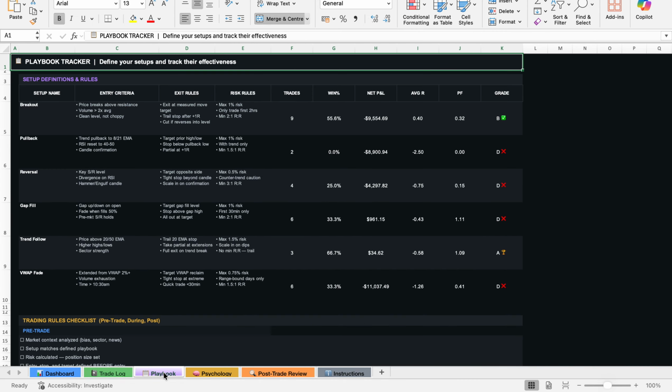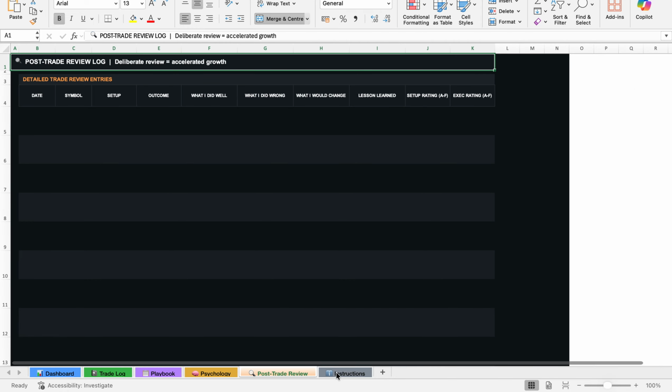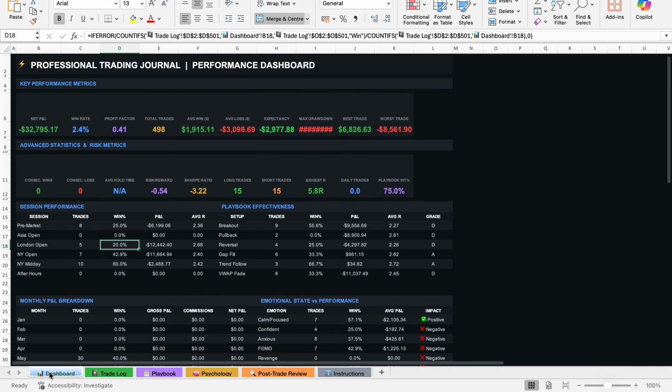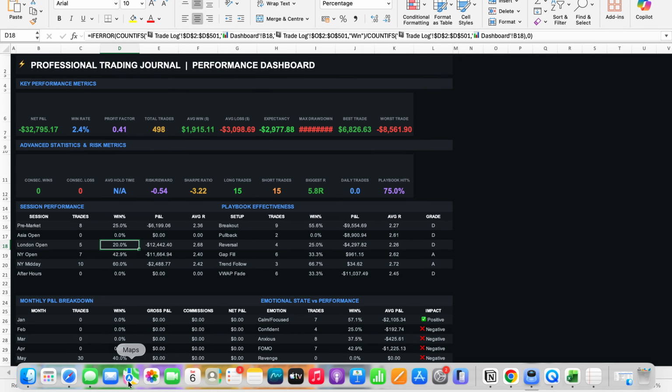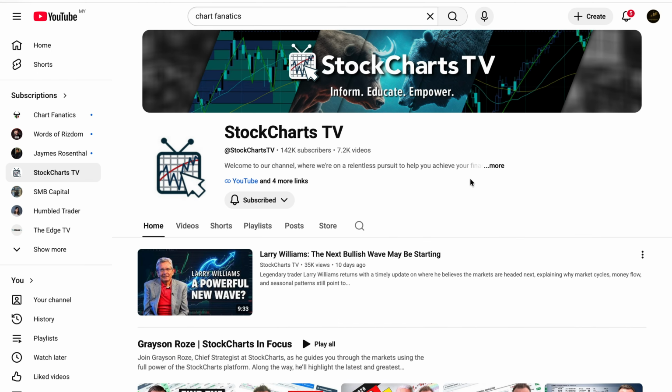I've got a trade log, I've got playbook, psychology, post trade reviews, and instructions on how to use it. Like I said, you can customize, prompt exactly what you want in the dashboard. It can be as simple or as complex as you want it to be. So that's how you should be using Claude. And finally, we talk about knowledge, and YouTube is a fantastic